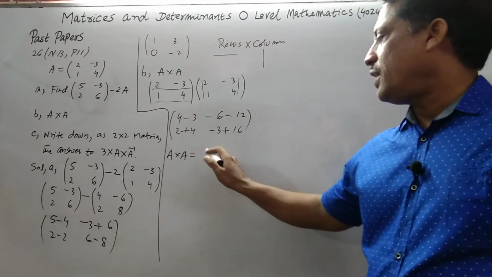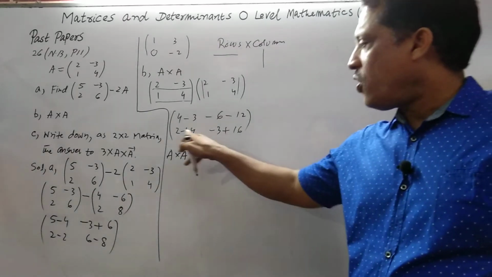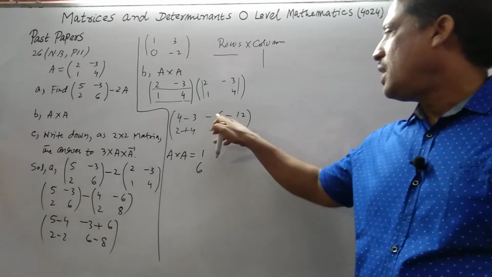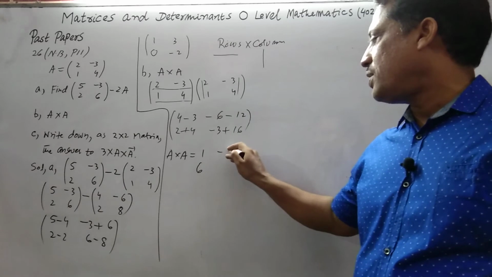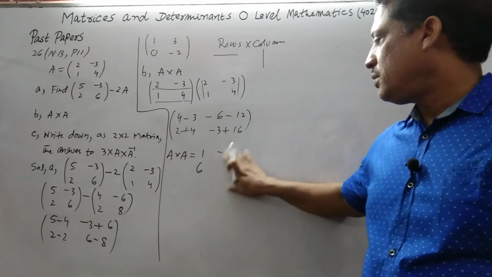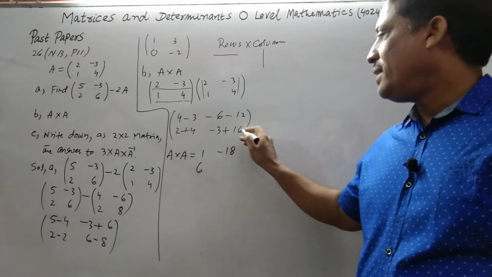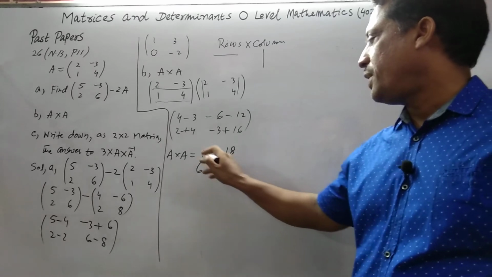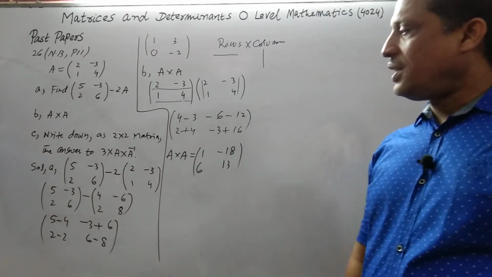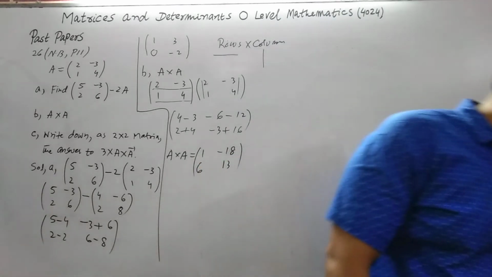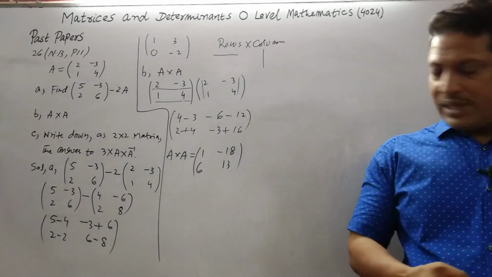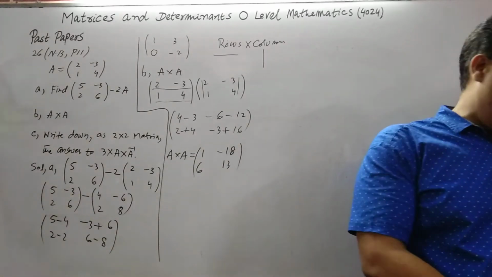4 minus 3 is 1. 4 plus 2 is 6. Minus 6 minus 12 is minus 18. And 16 minus 3 is 13. So this is the answer of A by A: [1, 6; -18, 13]. Now,